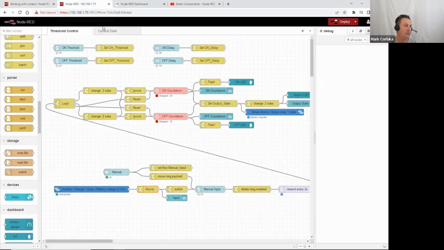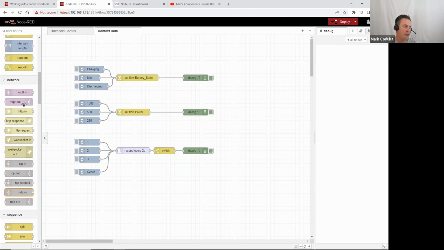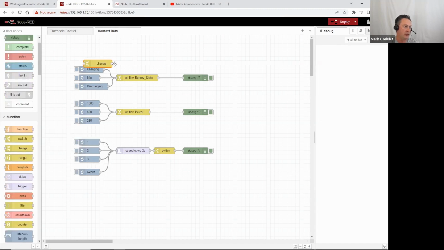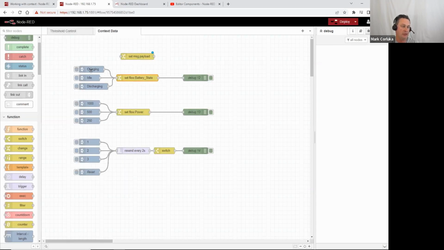So if we go into the example that I prepared, you can store the data a few different ways. You can use a function node. Probably the most simple one is just using a change node. You can just drag a change node onto your screen, and when you open it up, you can set it to set and then flow, and select a suitable name here. You click done. Your second part would already be set to message payload, so just leave that there. Click done, and then it'll get whatever the input message is, and it'll save it as